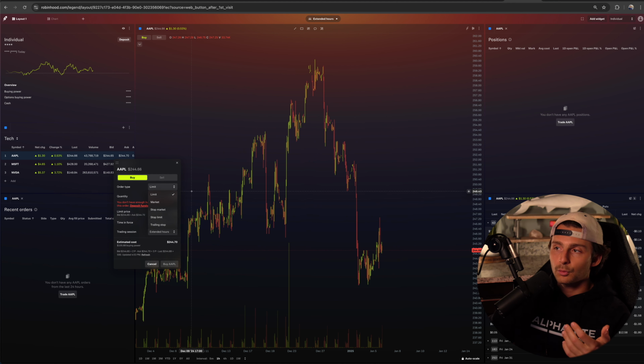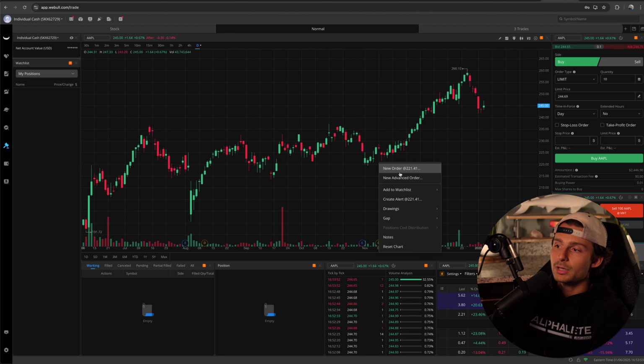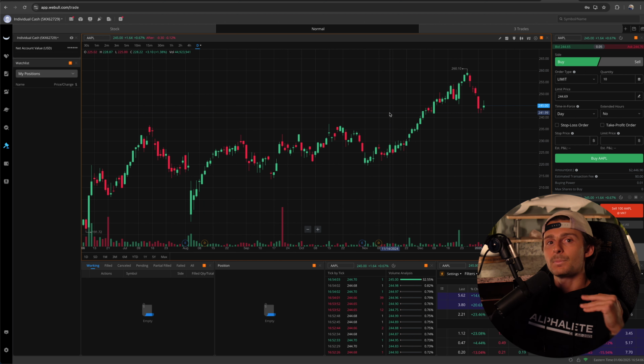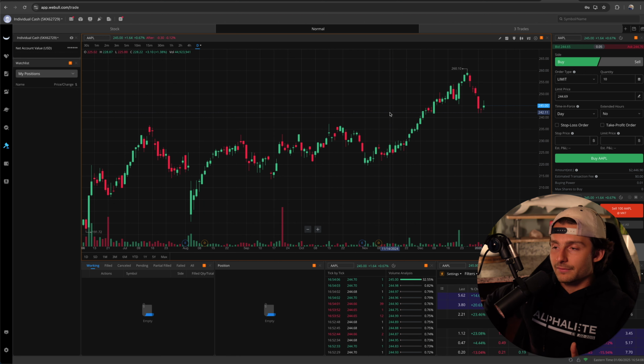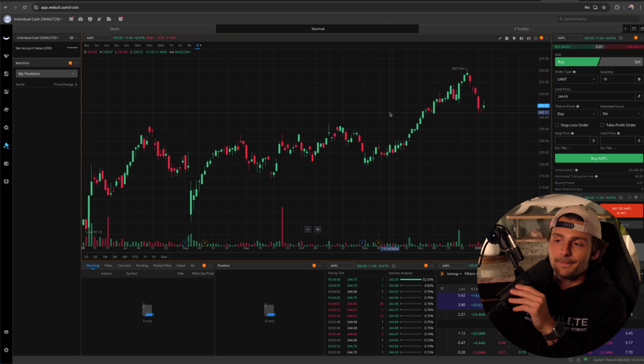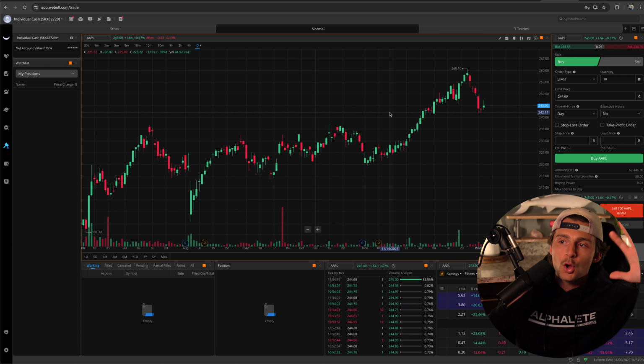But you only have a couple different order types, whereas if I go to Webull again, I can control click, I go even to advanced orders, and I have OCO orders, OTO, OTOCO orders. If you know what those mean, it's on the screen, you can see and read them. Those are more advanced orders for an advanced trader who likes to utilize those. And it doesn't even have to be that you're so advanced. It's just a nice way to set up your trading so that you can set things and then walk away,